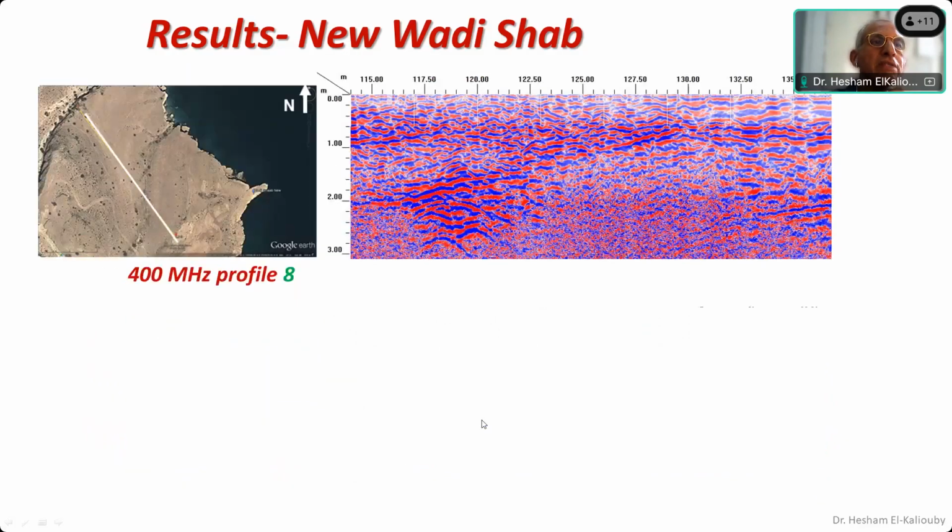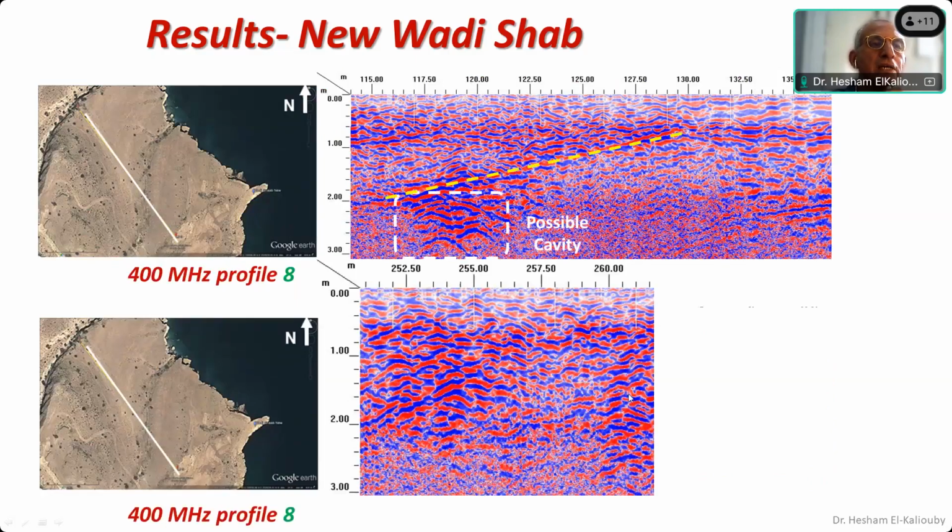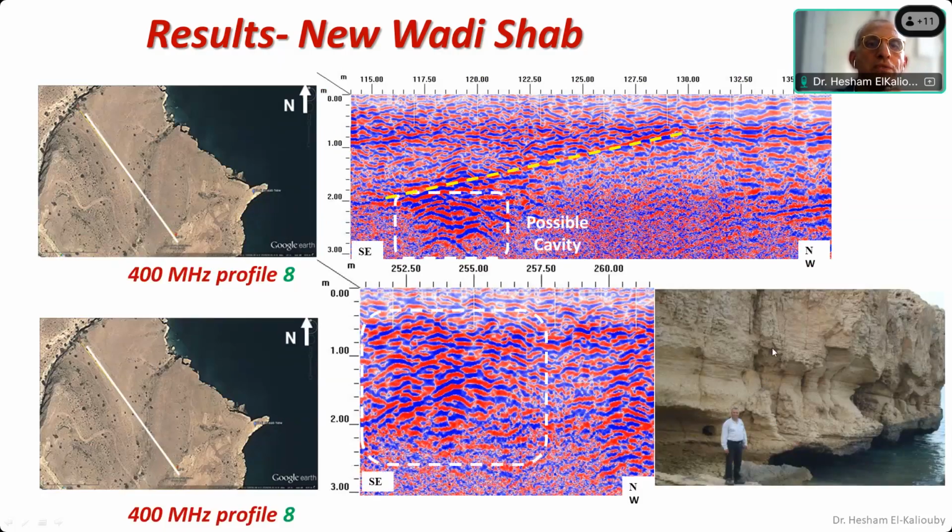A very interesting linear feature here also, but below it there is a possible cavity. You can see a hyperbolic feature here. It's a possible cavity. This profile is done at the edge of this area. We can see a lot of hyperbolic features, like dozens of dissolution cavities, and this is a corresponding edge of